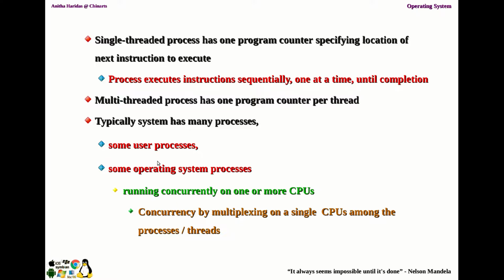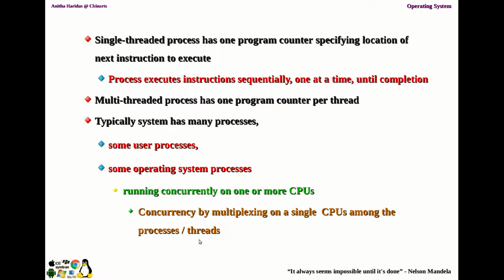Now since I have more than one user process and more than one operating system process, all these processes will be running concurrently on one CPU, or if your machine has more than one CPU, they will be running concurrently on more than one CPU. And the concurrency will be achieved by multiplexing a single CPU among the processes and threads.